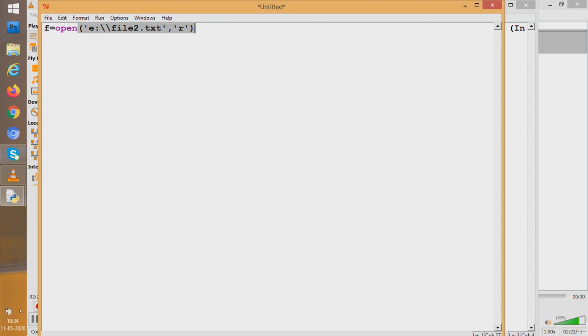Understood, students? So you well understand that for opening a file in reading mode, the file should already exist in some of the folders. Here in E drive, a file file2.txt should be there. If file2.txt is not there, Python is going to show an error that the file is not there. So you should first be sure that your file is there. The file is already created. Then only read mode works perfectly.